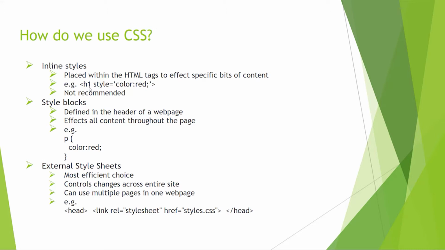The first of those are style blocks. These are defined in the header of a web page, and this is a much more common choice than the inline styles. This will affect all the content throughout the page. For example, in the header you might have the paragraph tag listed, and within these curly brackets that we're going to see over and over again, you will see the declaration statement. We're going to learn more about those in just a few moments, saying that the color of text in a